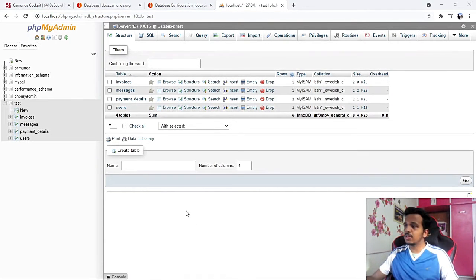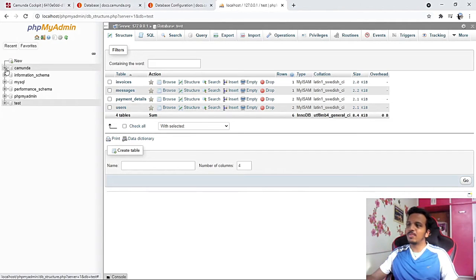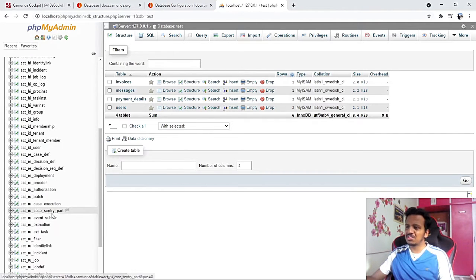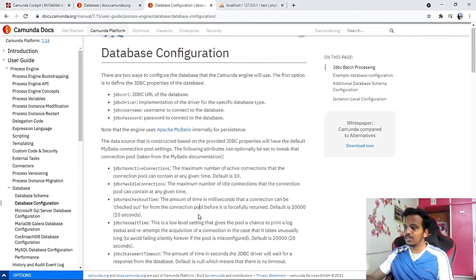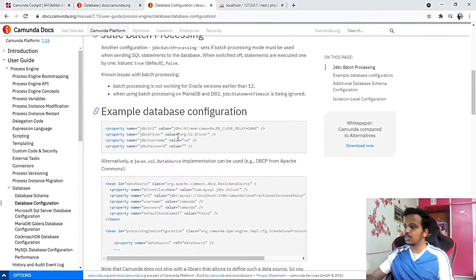So here if I see, I have different databases. Out of that, our concern is about the Camunda database. So if you give ABCD there, the ABCD will be created here. Okay, now let's open this and we see various tables, too many tables. Now whatever I'm going to tell you now, everything is present in this. Okay, this is what we have discussed, how to give various other things, but I don't know which application here we are talking about, but we have talked about Tomcat and Spring Boot.